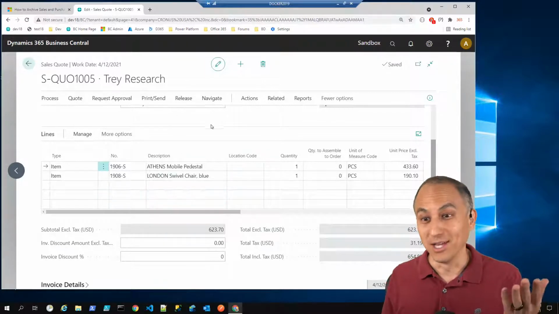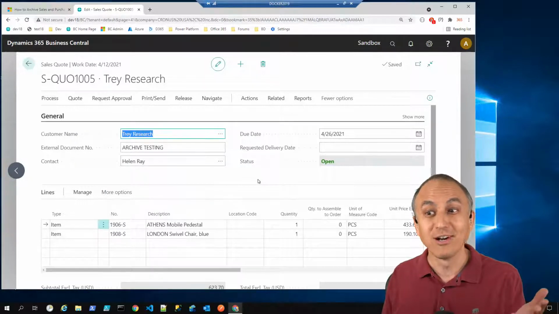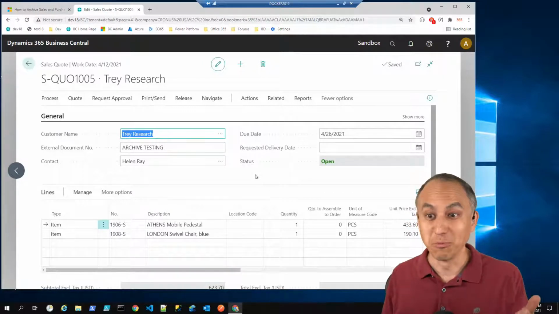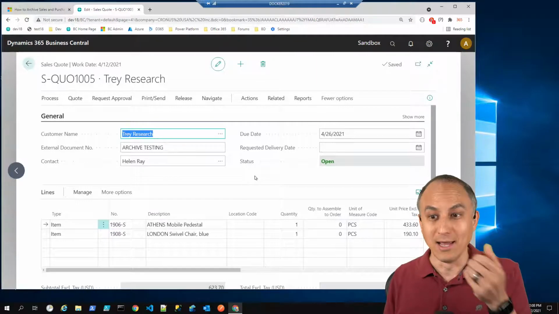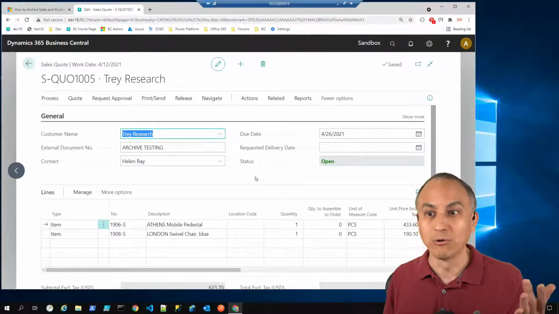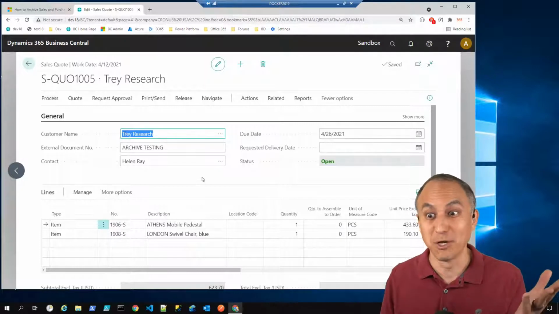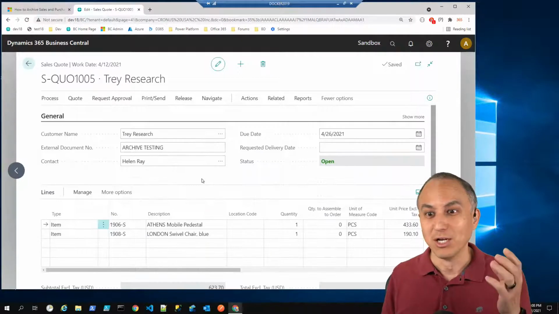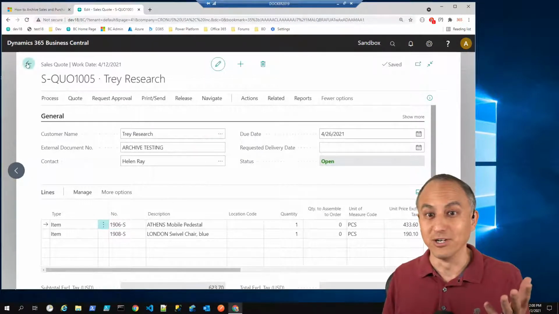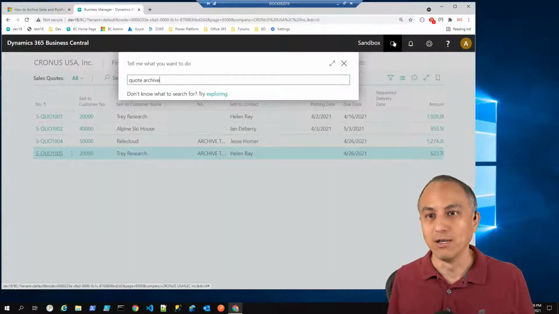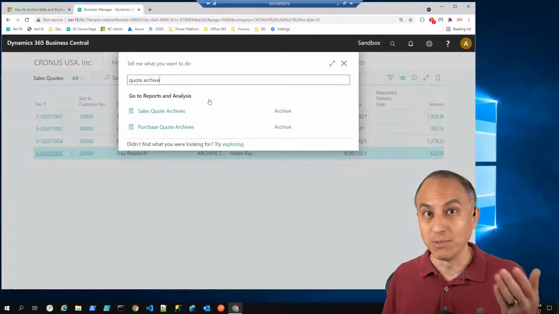Pretty crazy. I mean, super cool feature. I do have questions, but technically super cool. Like, I don't believe there's anything remotely equivalent to this in Dynamics GP. So this is kind of new and it's pretty wild for me. Super powerful feature. So, I mean, if you have quote archive, if you have this part of your business practice,